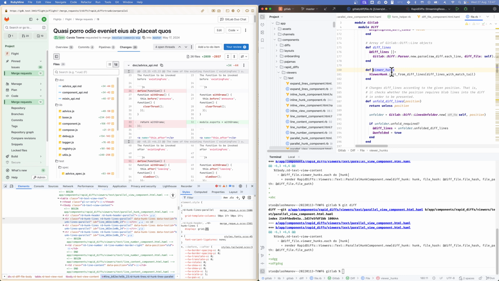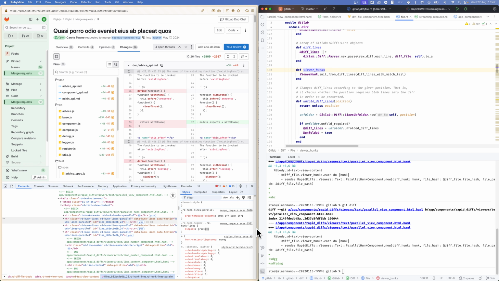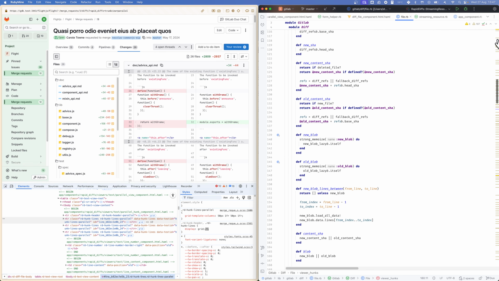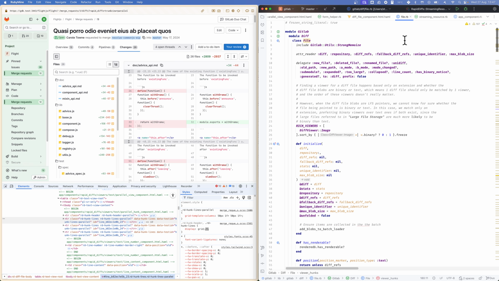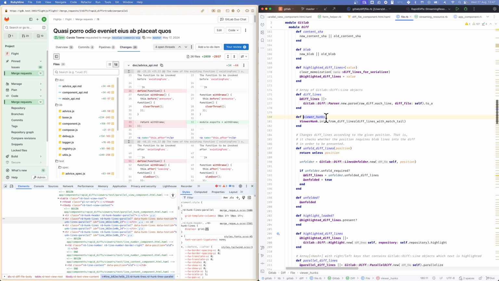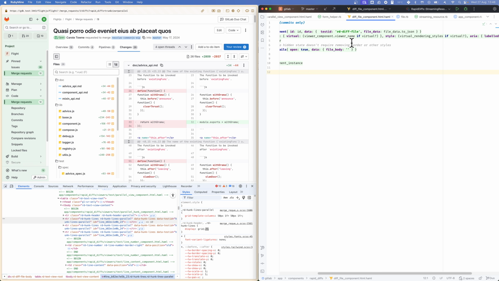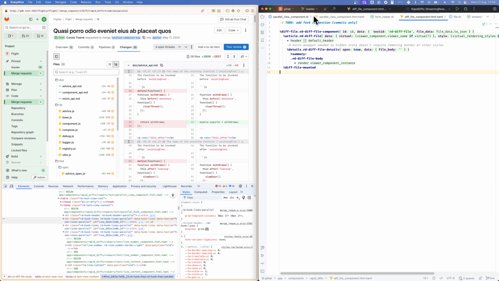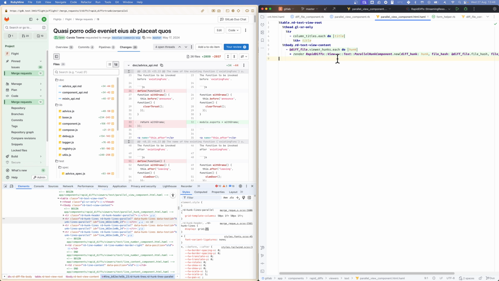And they are delivered from the diff file class that I showed you before. So this is the same diff file class that we visited. It has this viewer hunks method that grabs all the lines and converts them into hunks. And hunks are designed specifically for rapid diffs. Because when you go and see how the hunk is rendered, you can see the benefits of using this abstraction